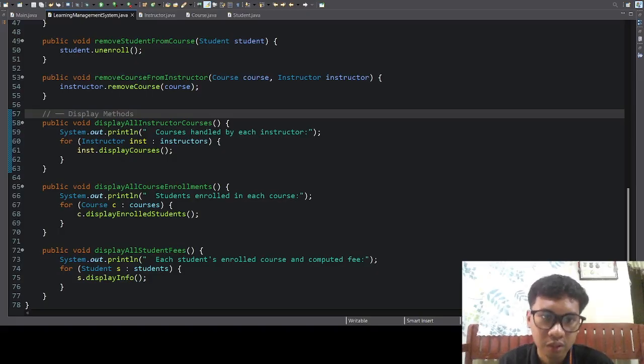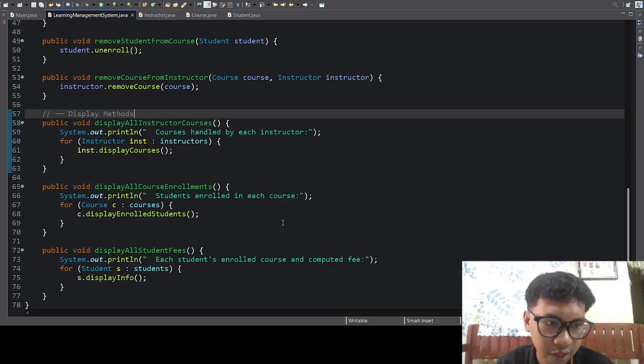It prints a header using System.out.println, "Courses handled by each instructor." And we also use a for-each loop that calls the instructor's displayCourses.